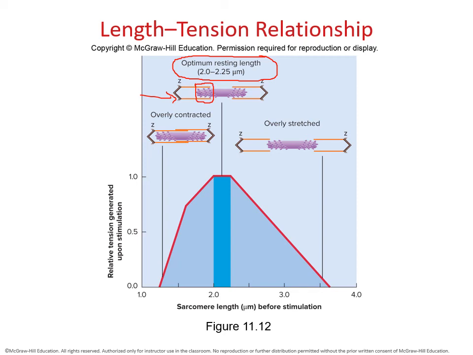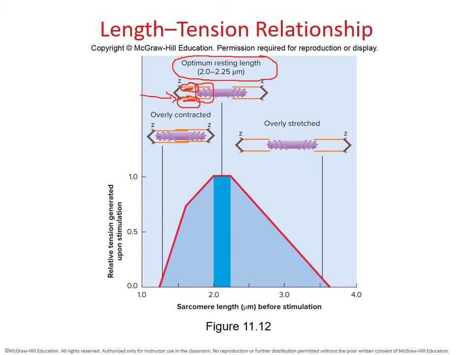You can see that they're overlapping, but you're still going to have some empty sections on the thin filaments. The reason this is important is because, one, you want to have overlap so that when you want to form your cross bridges, the myosin head can easily connect with the active sites on the actin. And then you want to have some thin filaments that are left blank because, remember, you're going to do your power strokes. You're going to start gliding. So you want to have an area on your thin filament where you can glide to. And this will then allow you to have an optimum amount of cross bridges as well as power stroking. So you'll have a nice muscle contraction.